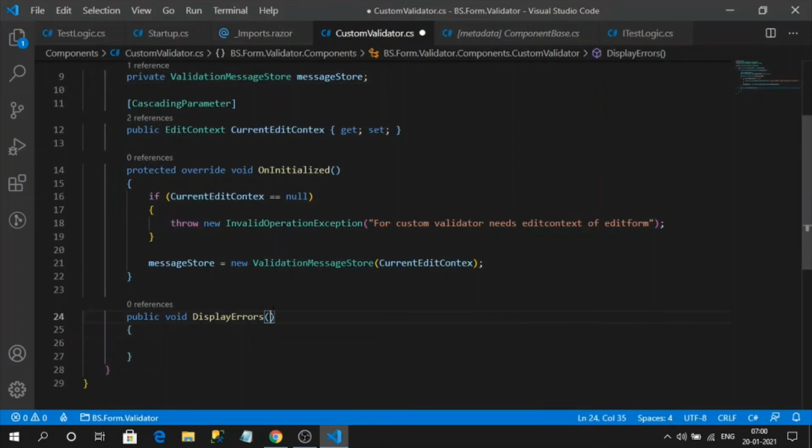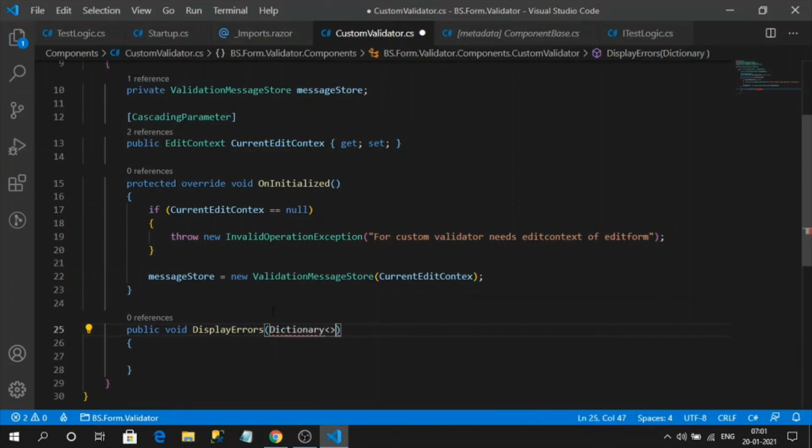So here this method should take a parameter like a Dictionary of string and a collection of errors. Okay, I will name it as errors. This is the input